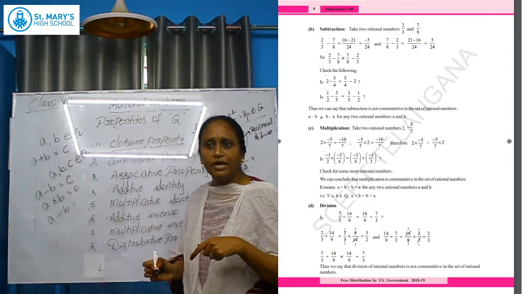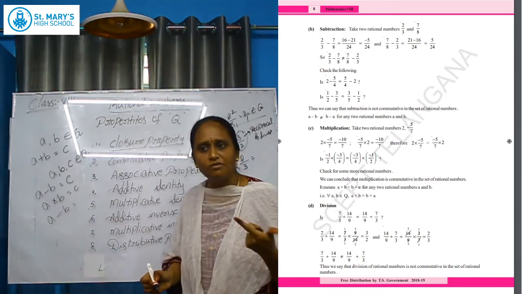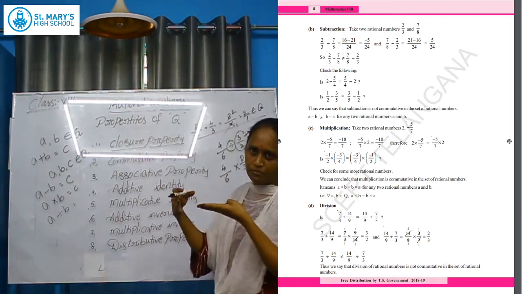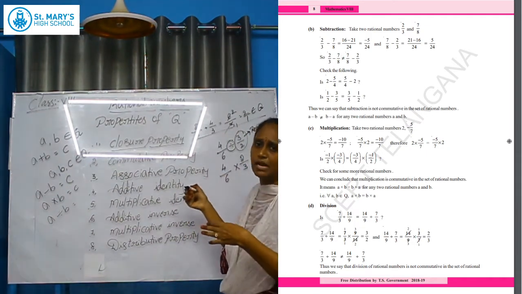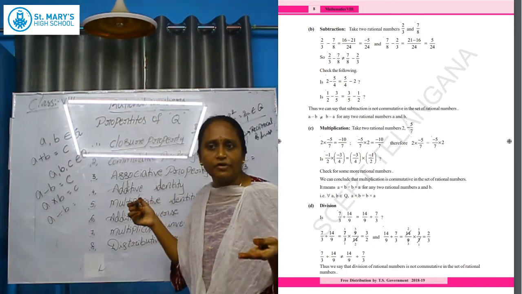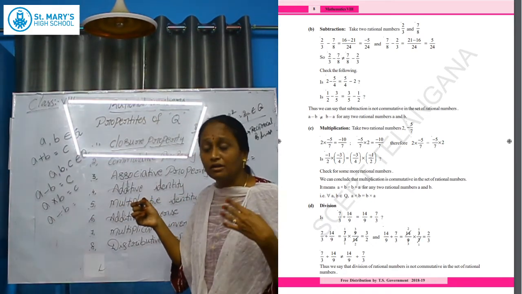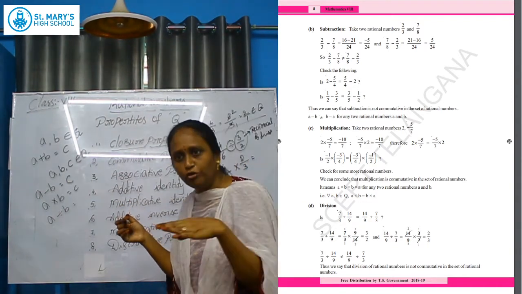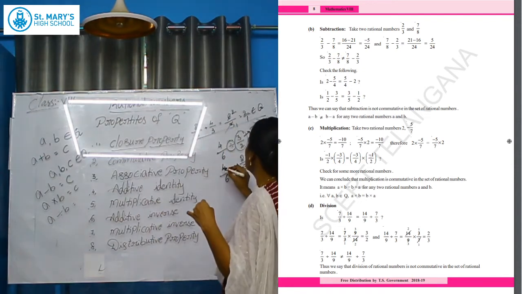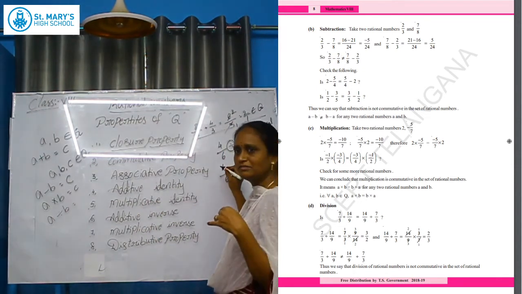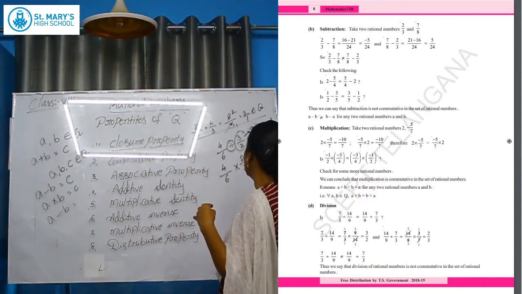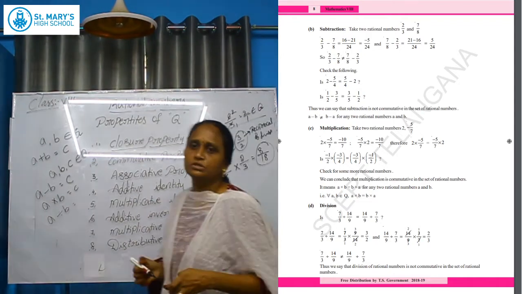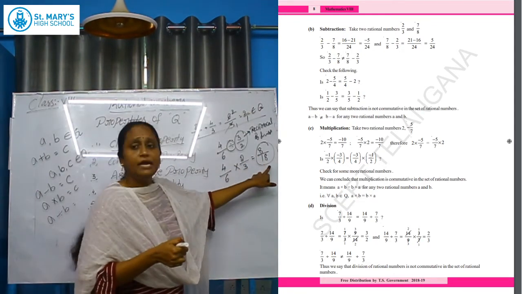Now how can we find the product in rational numbers? We know it is the product of numerators by the product of denominators. Directly we can multiply. Maybe it is like fractions, otherwise unlike fractions. Whatever it may be, we find the product directly: product of numerators by product of denominators. So what are the numerators in these two? 4 and 2. 4 twos are 8. Very good. 6 threes are how much? 18. Now observe the product here: 8 by 18.